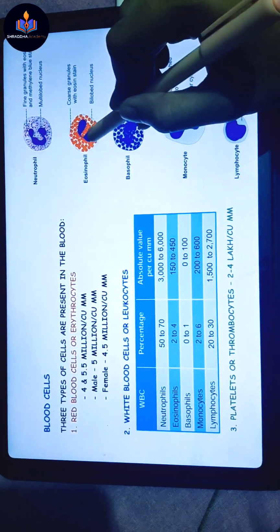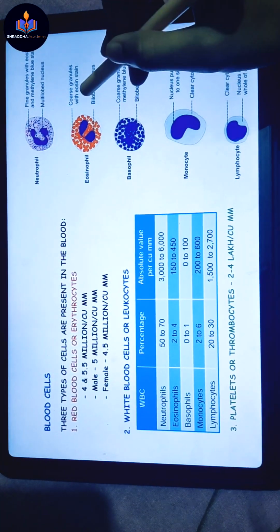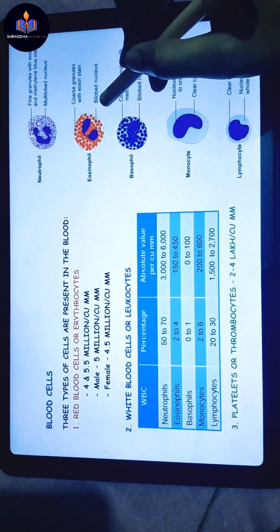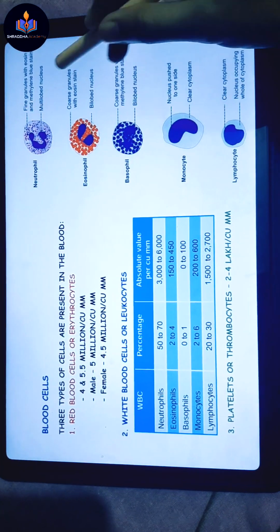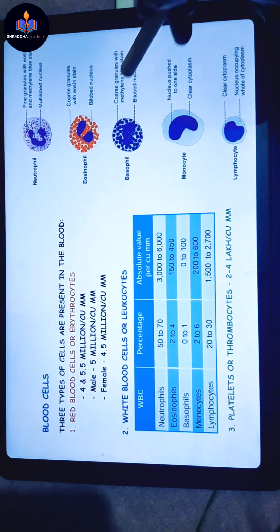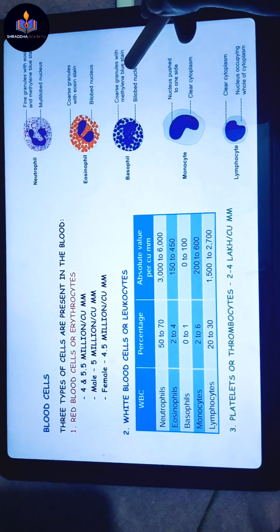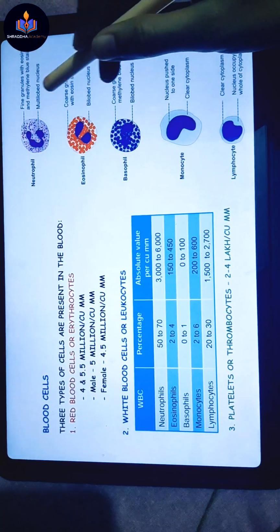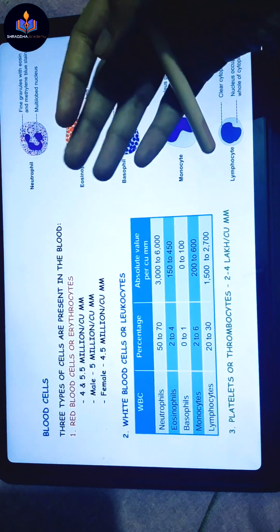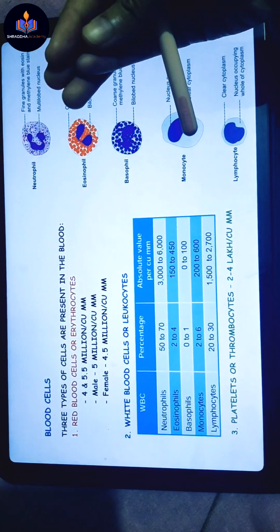Then coming to eosinophil, it has coarse granules with eosin stain. Then it is bilobed nucleus. Then basophil, it is bilobed nucleus. In all three there is a bilobed nucleus, the common thing, okay. This has coarse granules with the methylene blue stain. So all this what I'm explaining you can explain to the examiner, in which you will gain some marks,